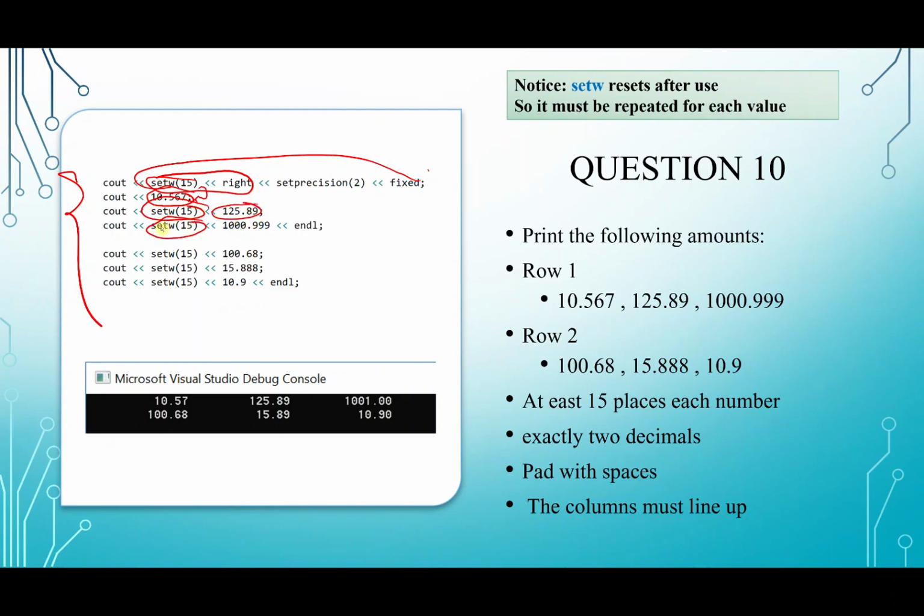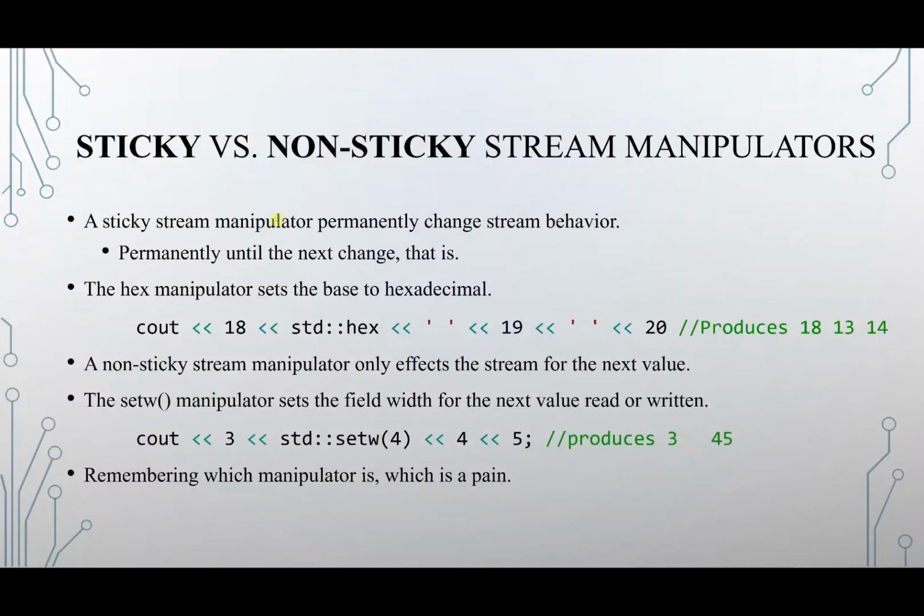Setw 15 affects this one, and so on. So this is the sticky versus non-sticky. Sticky is going to permanently be there until the next change. Non-sticky, like the setw, is going to affect only the next input, like the 4 in this example. So always